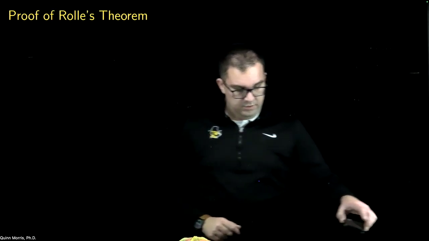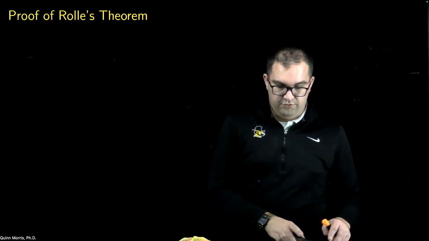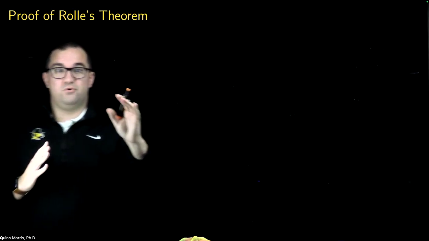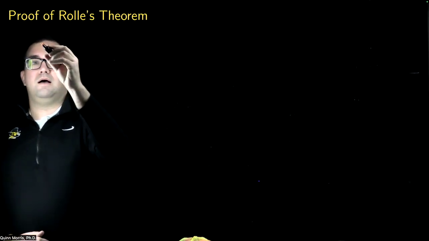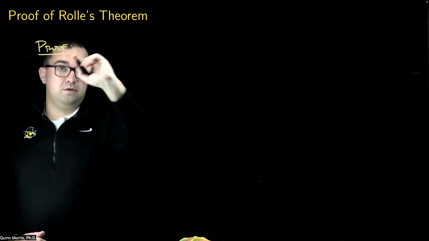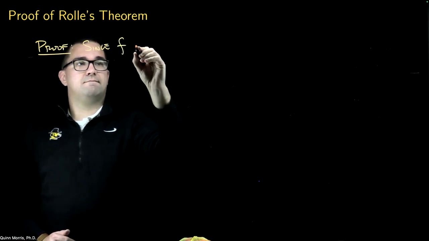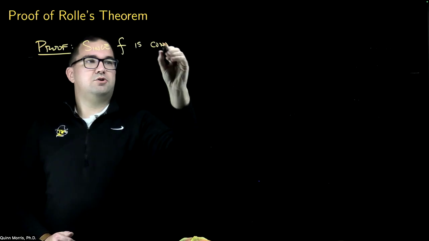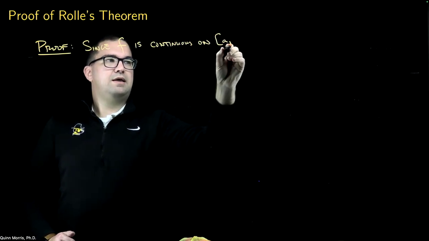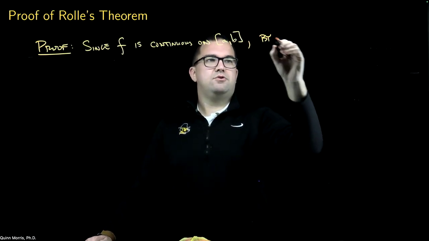All right, so to prove Rolle's theorem, we first just need to set up a few things. So again, we want to apply the extreme value theorem. So since f is continuous on the closed interval AB, then by the extreme value theorem,